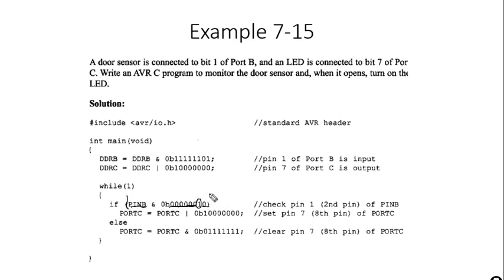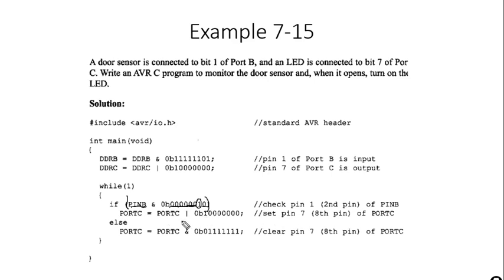Just writing this condition means if the result of this AND operation is any non-zero value, then the if condition is true. If the result of this AND operation is 0, it means the if condition is false. So if pin 1 of port B is 1, in that case the condition is true and we will